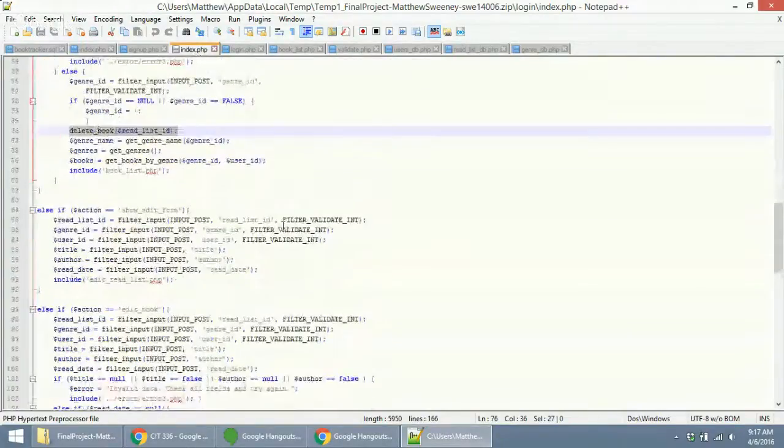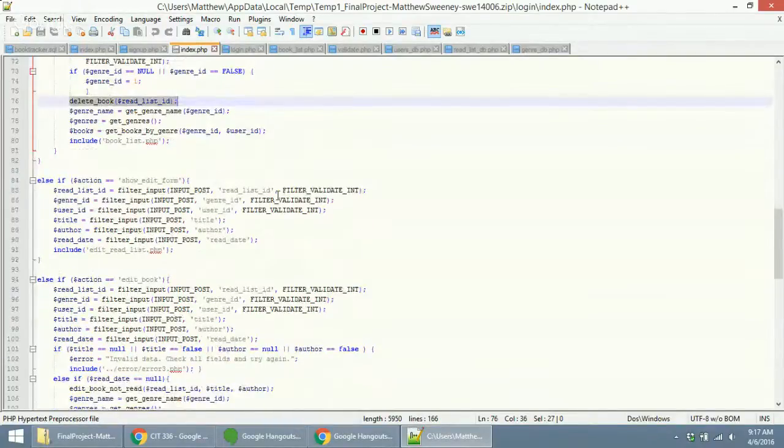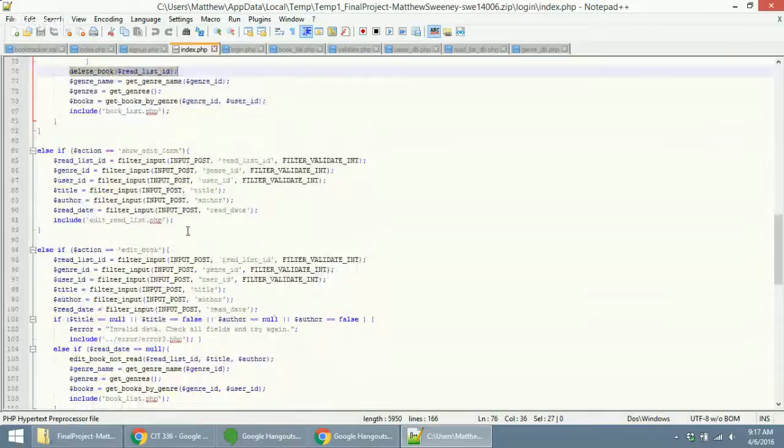The show edit form is basically another view, and there's not really much there, so I don't think we need to see the code. It's basically what you've seen before, just fields to enter information to edit the entry. And then once you hit submit or save changes,